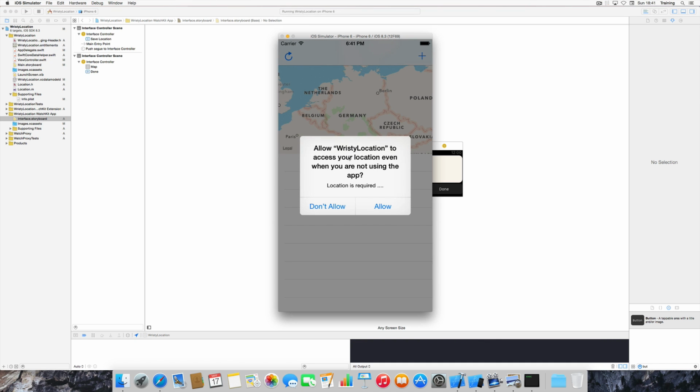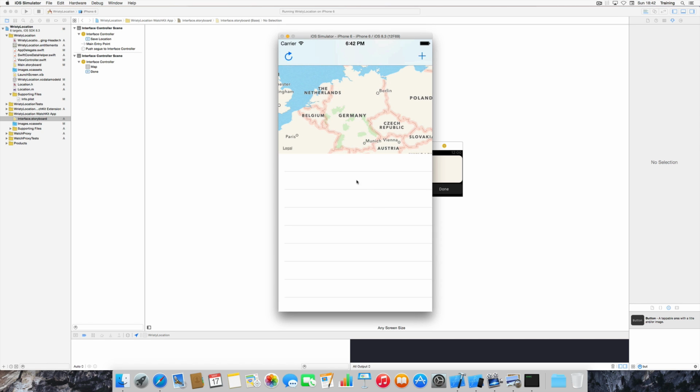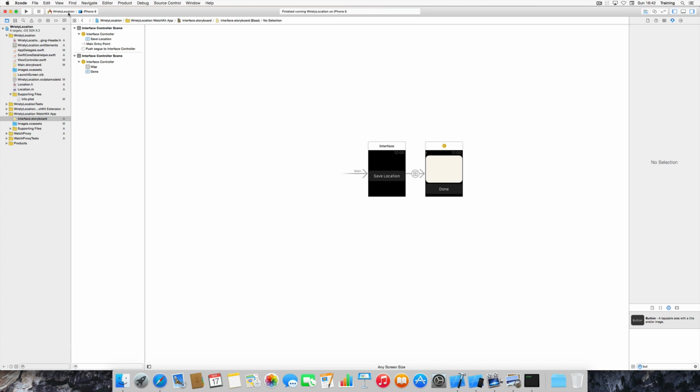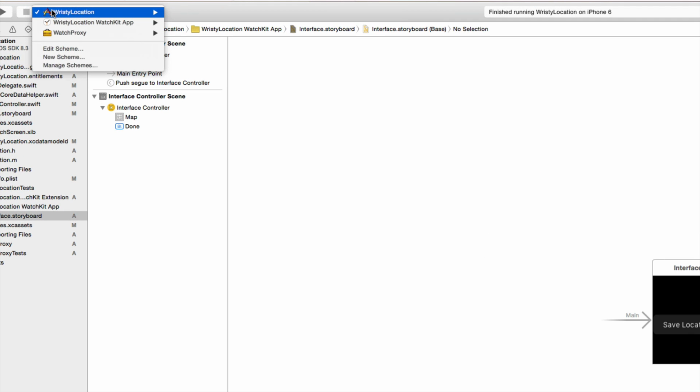It works nicely. We are being asked if we want to allow our application to use our locations. We see the description that we have entered in the info plist. I'm going to allow that. And now we can actually change our target here by clicking on our WristyLocation application and change it to the